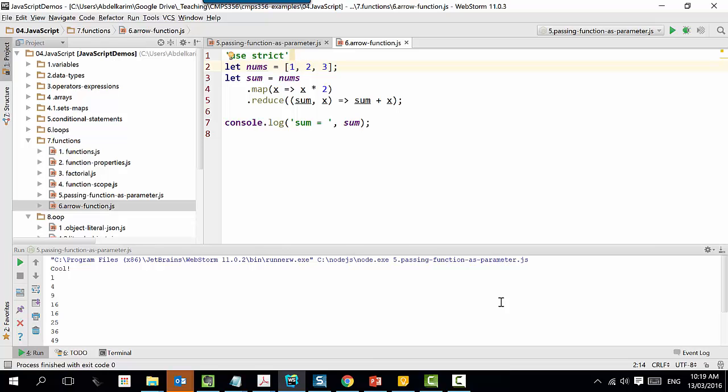Is this clear? The idea is not just map and reduce. This is a secondary thing I want to show you. What I want to show you and focus on is the ability to pass a function as a parameter to another function. It's a new kind of concept for you coming from Java or from C++. Is it clear so far? Doctor,